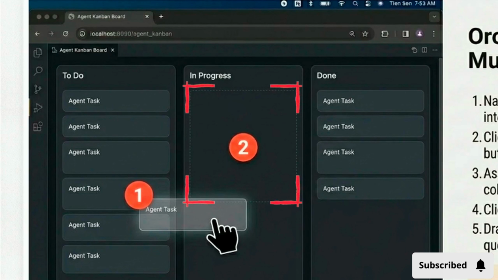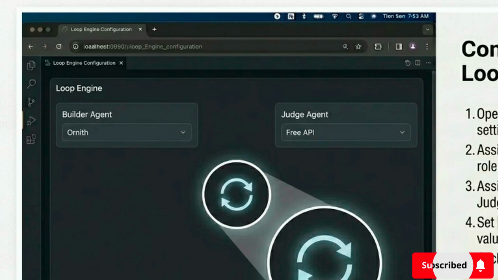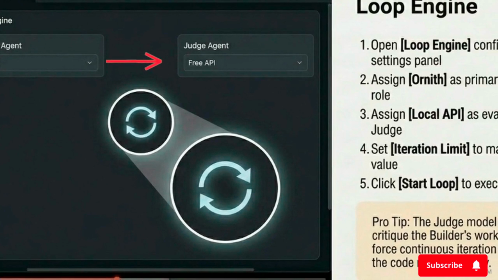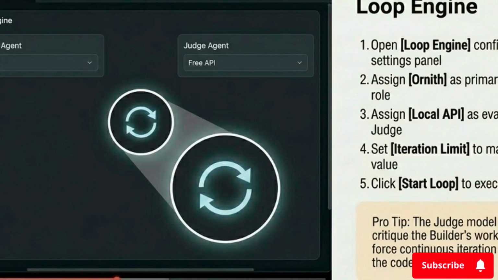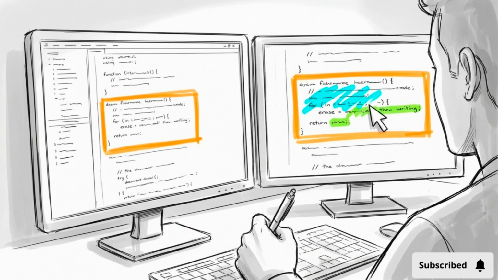For maximum code accuracy, open the Loop Engine panel. We can configure Ornith as our primary builder and set a second local model as the judge. The judge automatically critiques the builder's work and forces continuous iterations until the code passes. By linking these specialized models through a loop engine, you create an automated workflow where local models audit and refine